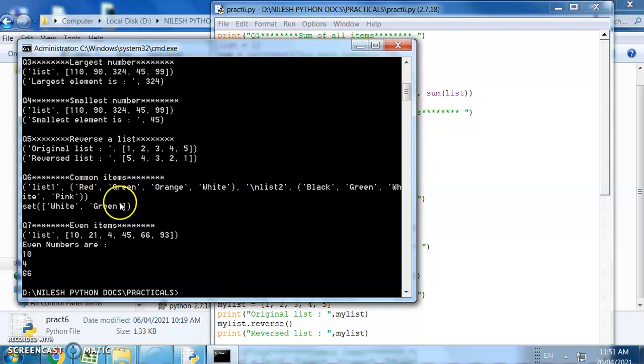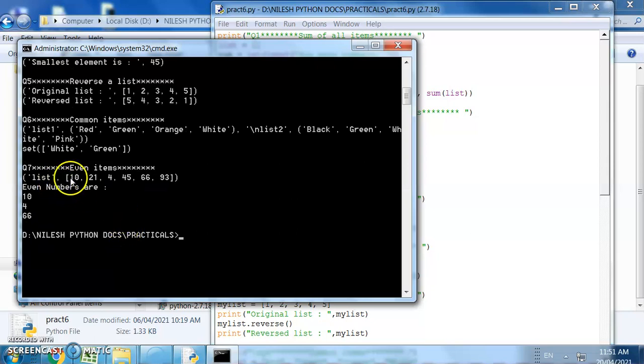By using the AND operation we can find the common elements from the two lists. So here white and green are the common elements, shown over here. If you want to find the even numbers from the list, we already applied that logic, and according to the logic, 10, 4 and 66 are the even numbers from the list displayed.